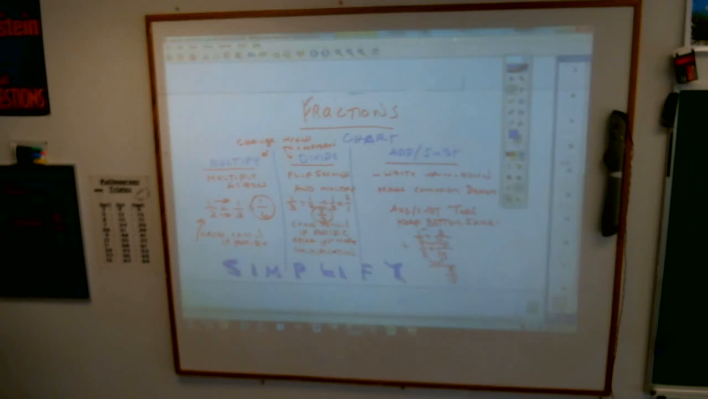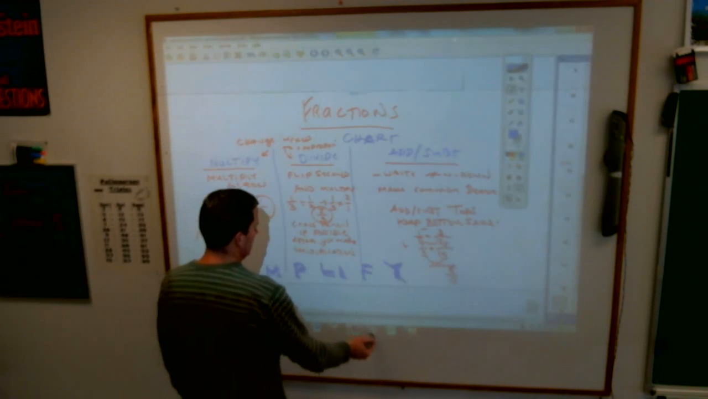So that is all the stuff we talked about when dealing with fractions and operations there, just as a one-page helpful note to you. And then the other thing that